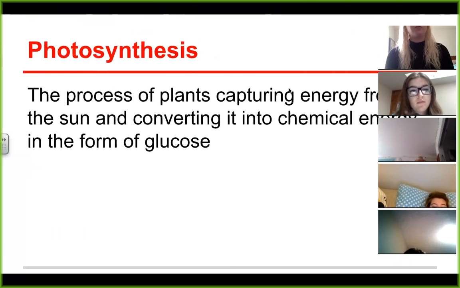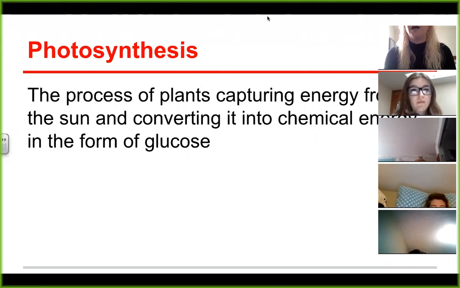So a definition of photosynthesis, this is a long, wordy one. The process of plants capturing energy from the sun and converting it into chemical energy in the form of glucose. So what does that mean, right? That's a lot of words. Really, the basic